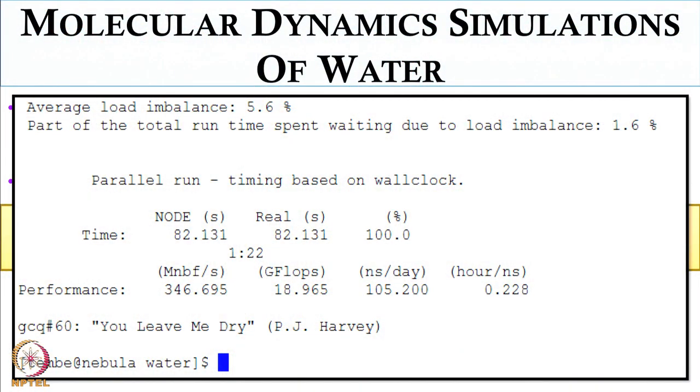Now since we have performed the full molecular dynamics simulation and we have the full.xtc file, we'll proceed towards the analysis of the trajectory. After the end of the simulation, something like this will be displayed. 1:22 is the time that is required to finish the simulation, since it's just 20 picoseconds. So it took 1 minute 22 seconds to finish the simulation. How long will it take roughly on a PC? It depends on the system actually.